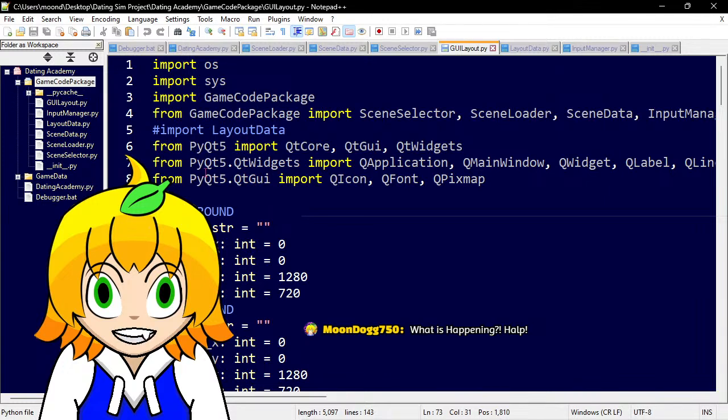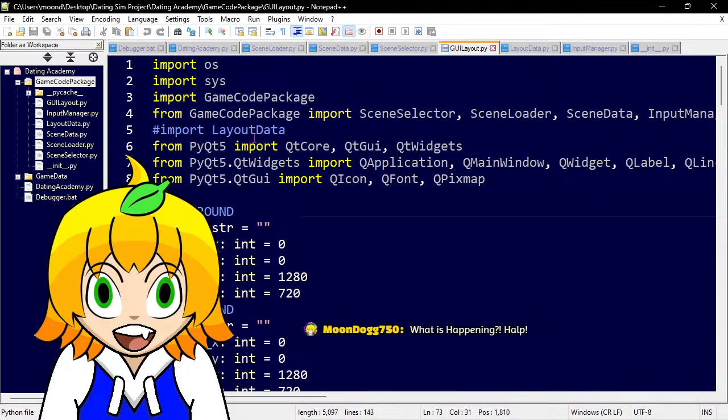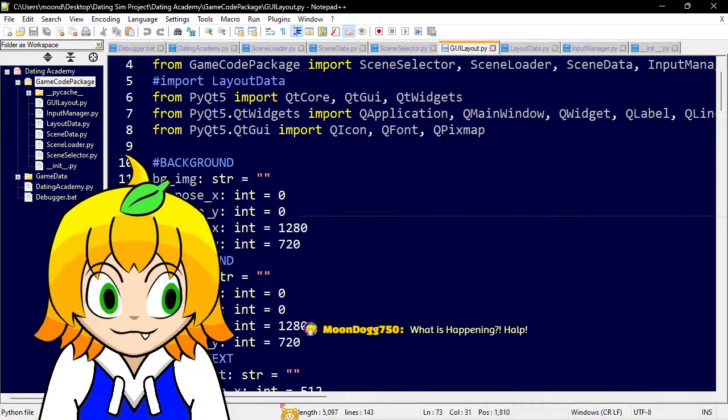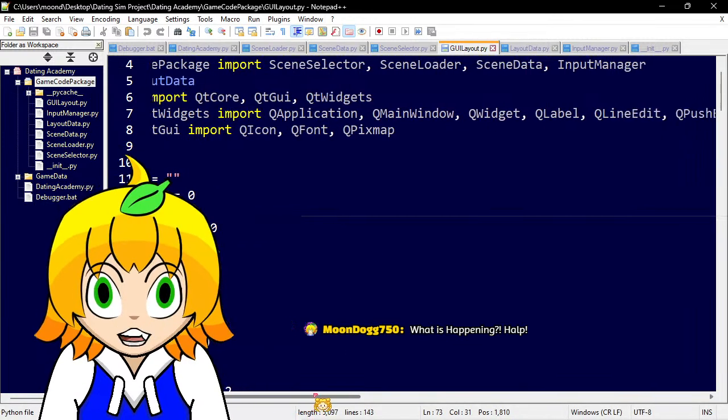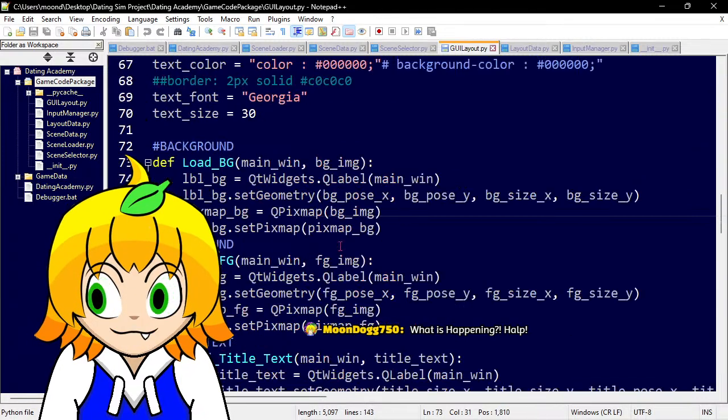GUI has the Qt5, PyQt5, Qt Core, Qt GUI, Qt widgets, and this will actually send data back to WinMain.